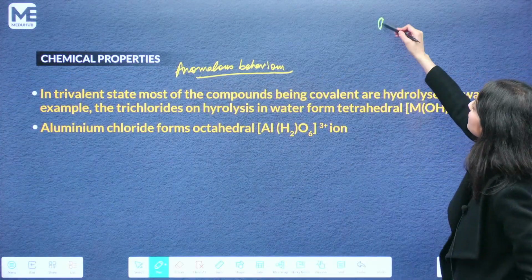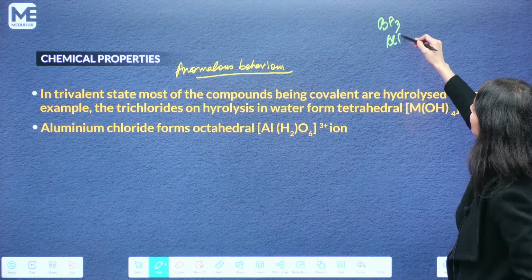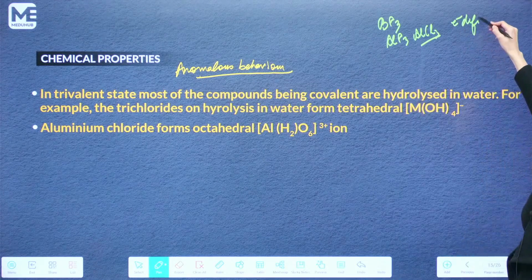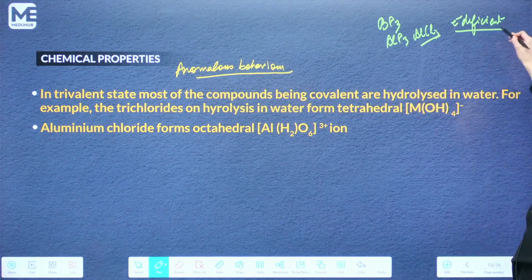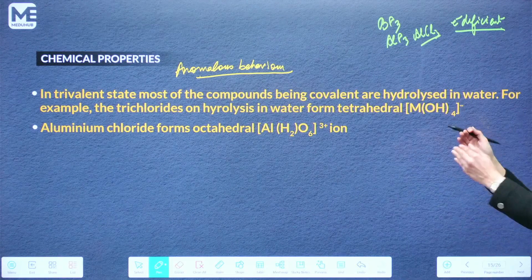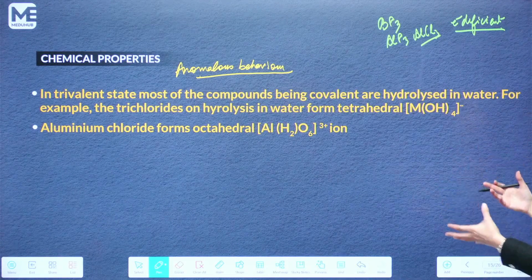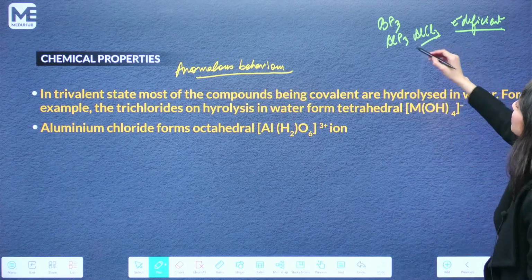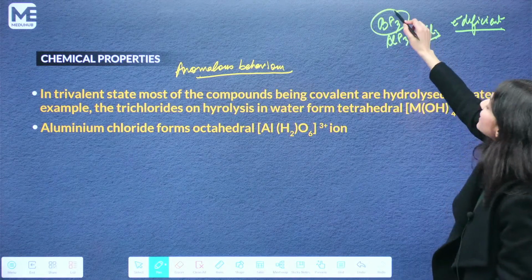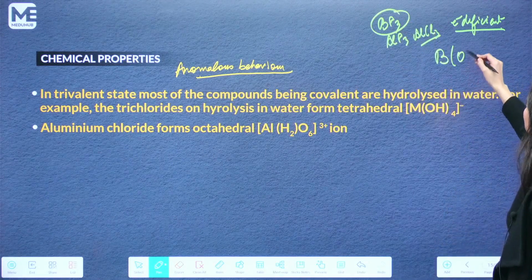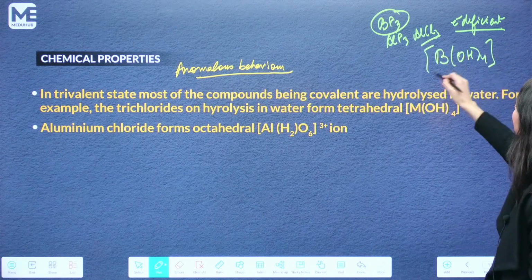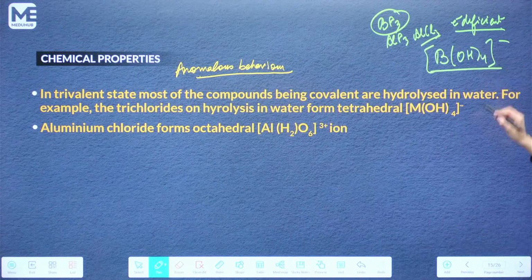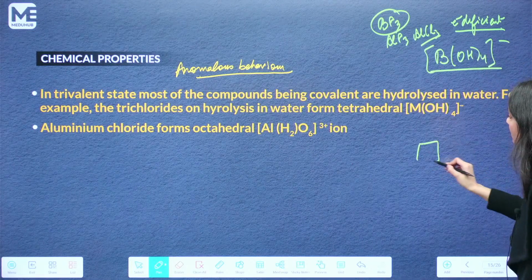Because BF3, AlF3, AlCl3, all these are electron deficient compounds, right? They would want to gain a pair of electrons and attain a noble gas configuration because that will increase their stability. So in water, BF3 or trivalent boron hydrolyzes as B(OH)4 minus. Okay, it now acquires 4 OH hydroxyl ions around it